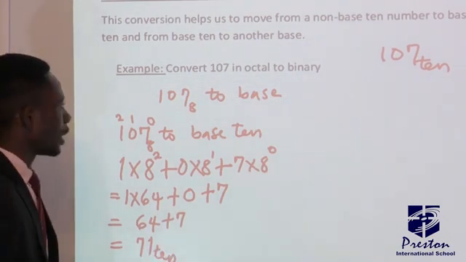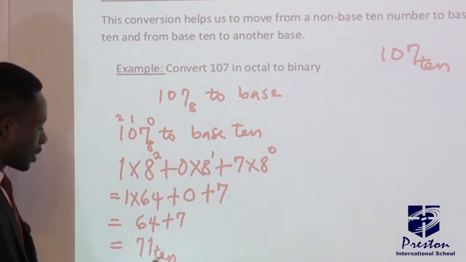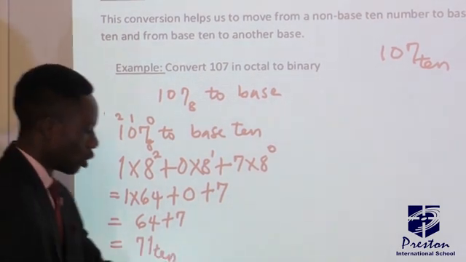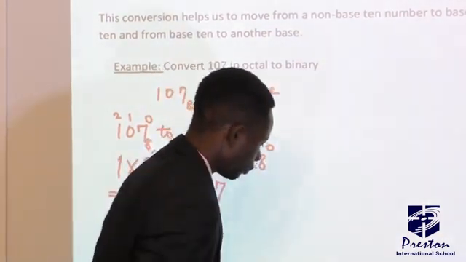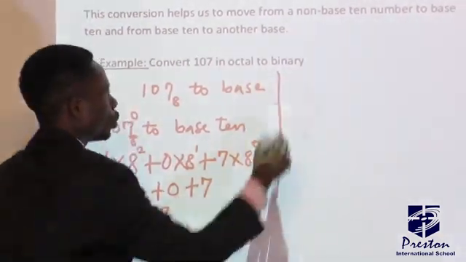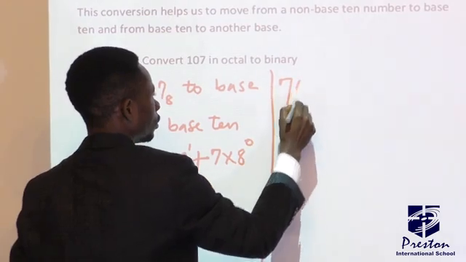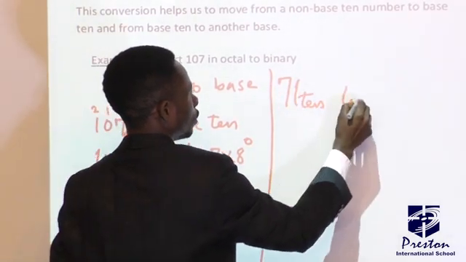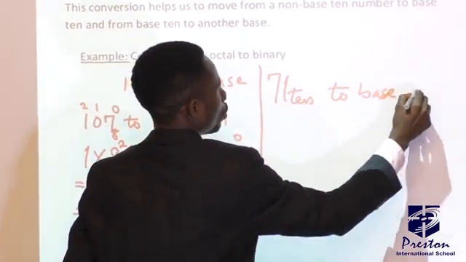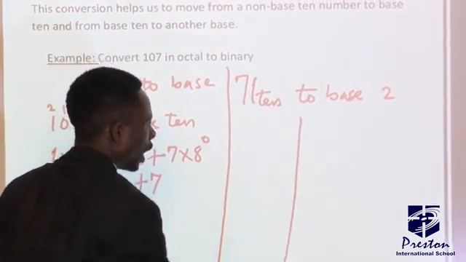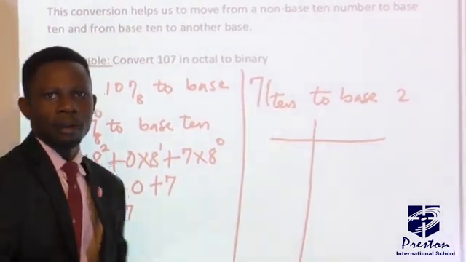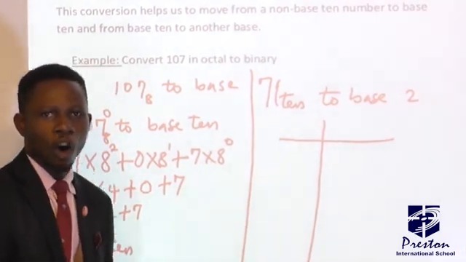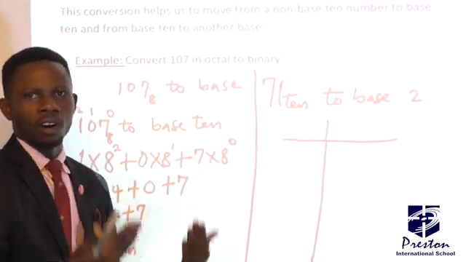Moving on to the second part now. The 71 base 10 should be converted to another number in base 2. Okay, that will give us what we have here, 71 base 10 to base 2. In this one now we know that it is a successive division. We continue to divide and keep the remainder. And the final answer now is the upward collection of the remainders.